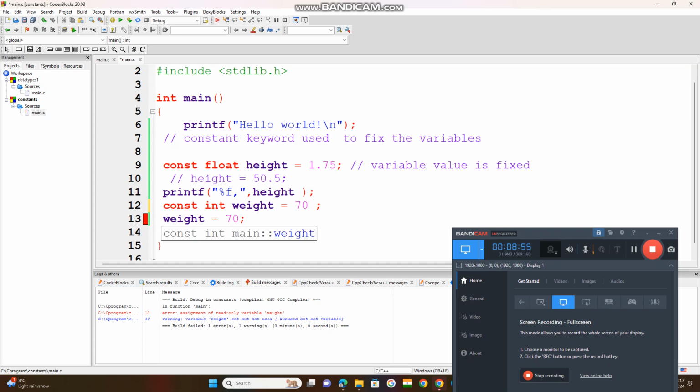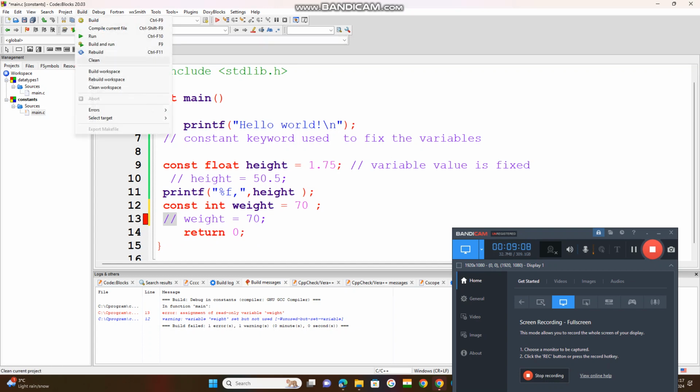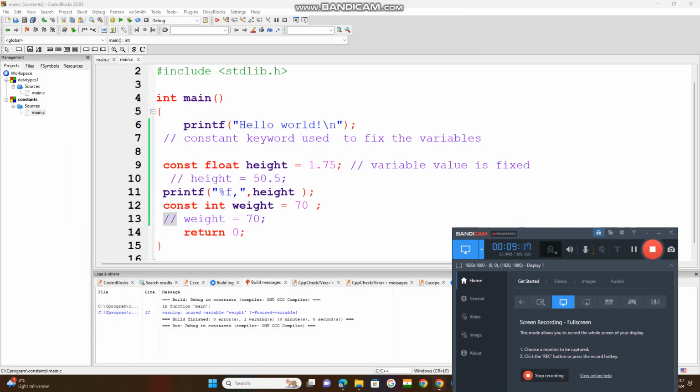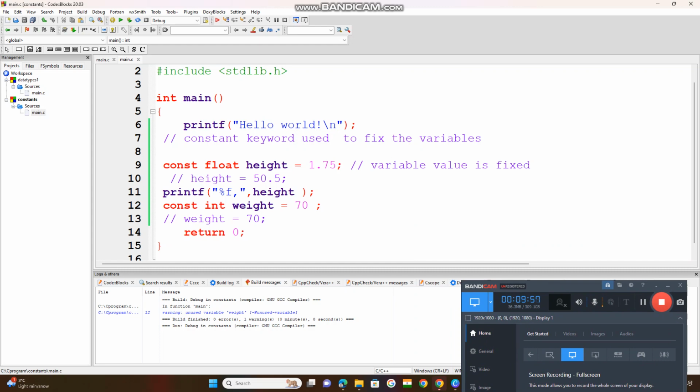Now keep this as a single comment. For single line comments we use two forward slashes. Now if you press F9, or simply go here and build and run, it is over. Okay, understood? Whenever a variable is fixed with the constant keyword, at that moment you need to assign the value. Then if in the second line you want to assign any value to that variable, it will not accept it. It feels that you want to change the value, but that variable is fixed. So the compiler understood that. Whenever a variable is created, you assign the variable a value. That is the right thing. One more is that, declaring these variables with upper